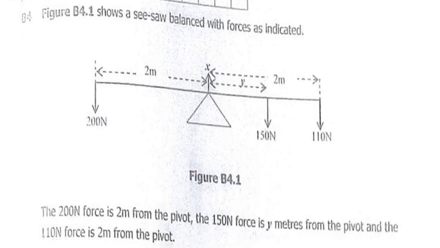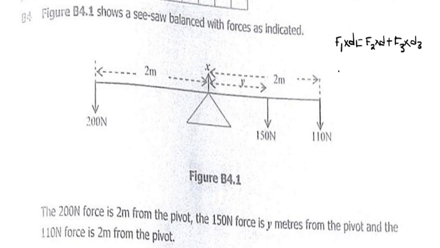We're going to calculate our distance y by using the principle of moment. So remember, the first force multiplied by the first distance should be equal to the second force multiplied by the second distance plus, since these two forces are on the same side, we are adding them, the third force multiplied by the